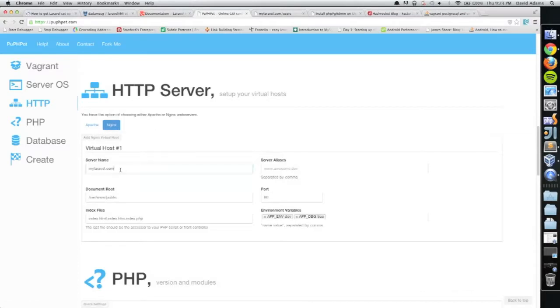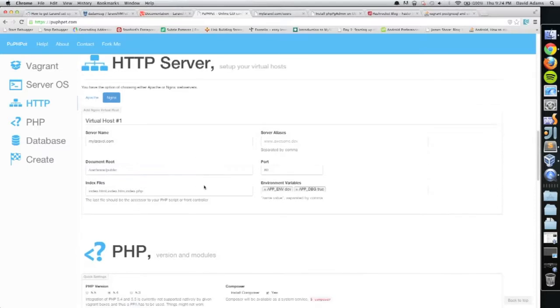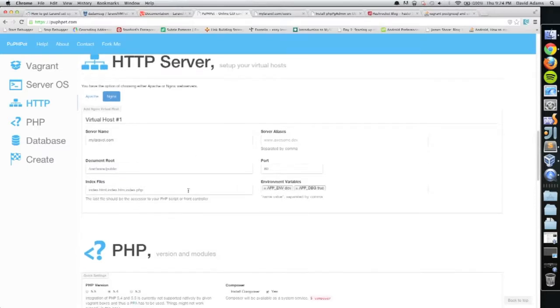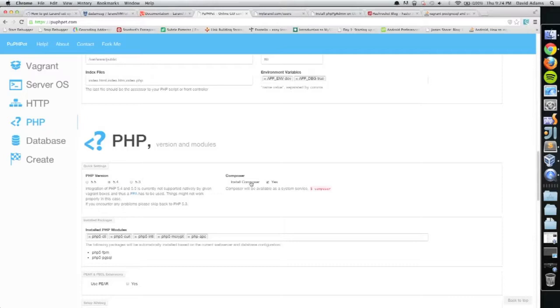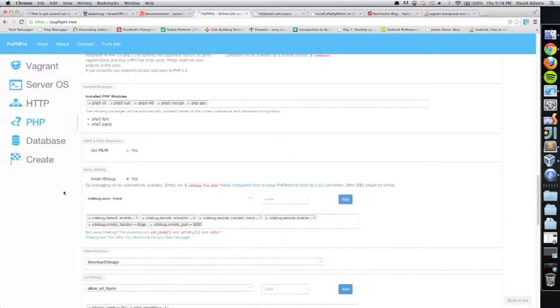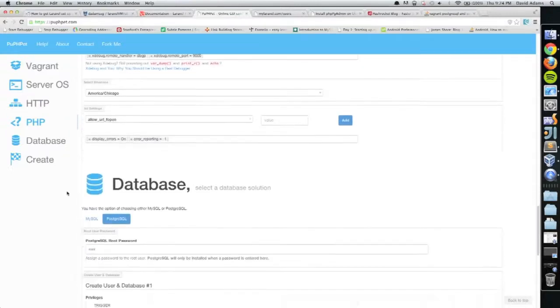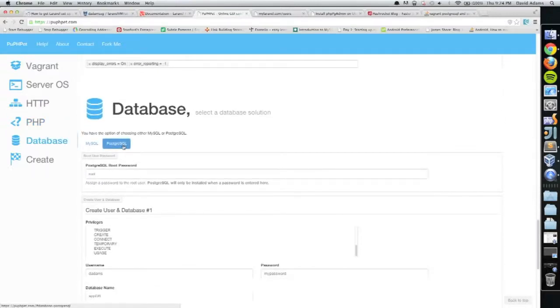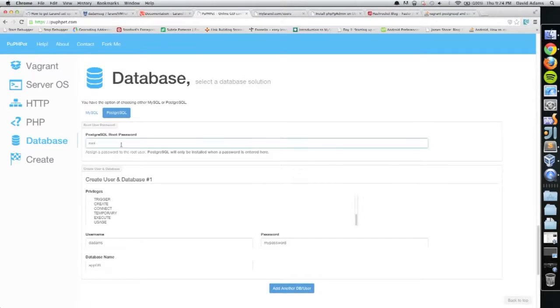For my virtual host, I named it mylaravel.com, and then you point it to the public directory, /var/www/public. Then I set some environment variables, left it at 5.4, install Composer,